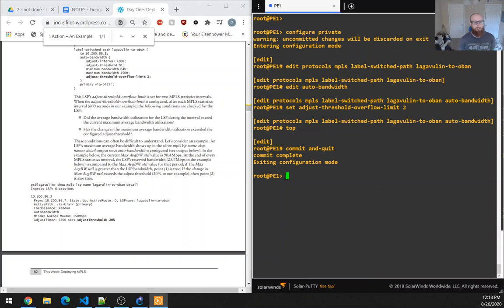These conditions can often be difficult to understand. Let's consider an example. An LSP's maximum average bandwidth shows up in the show mpls lsp name detail output once auto bandwidth is configured. See output below. In the example below, the current max average bandwidth util value is 90.4 megabits per second. At the end of every MPLS statistics interval, the LSP's reserved bandwidth, 25.7 megabits per second in the example below, is compared to the max average bandwidth util value for that period. If the max average bandwidth util is greater than the LSP bandwidth,